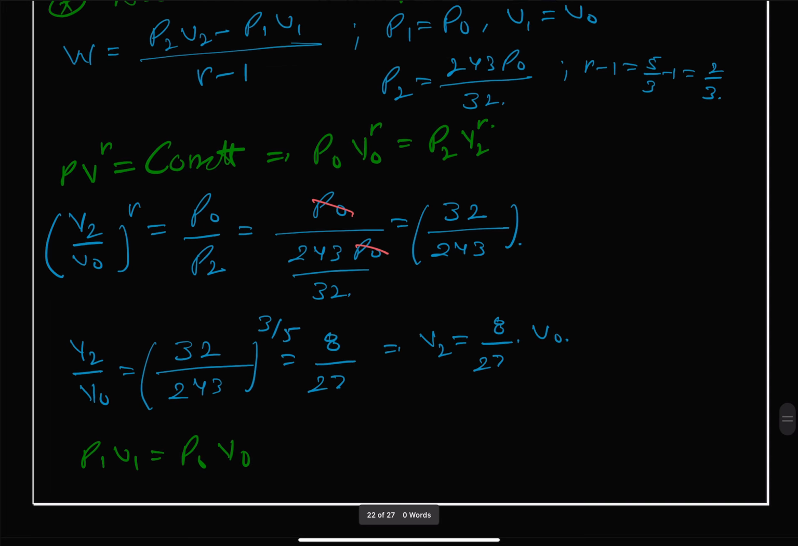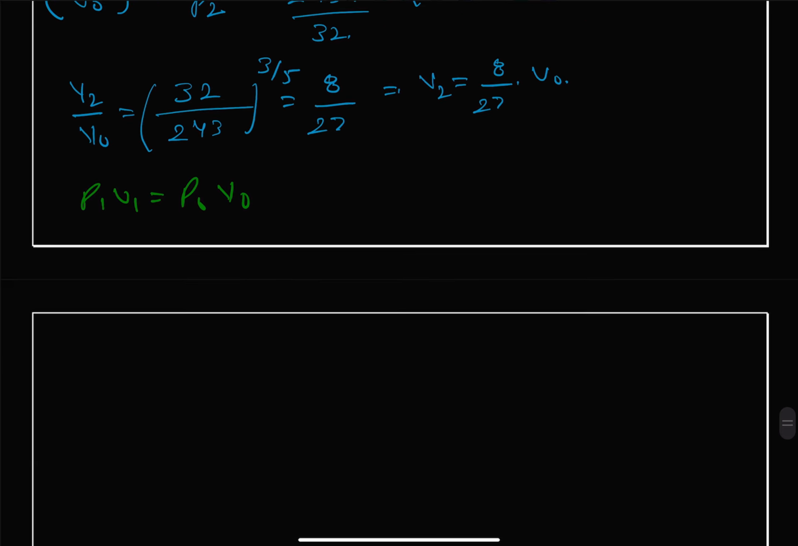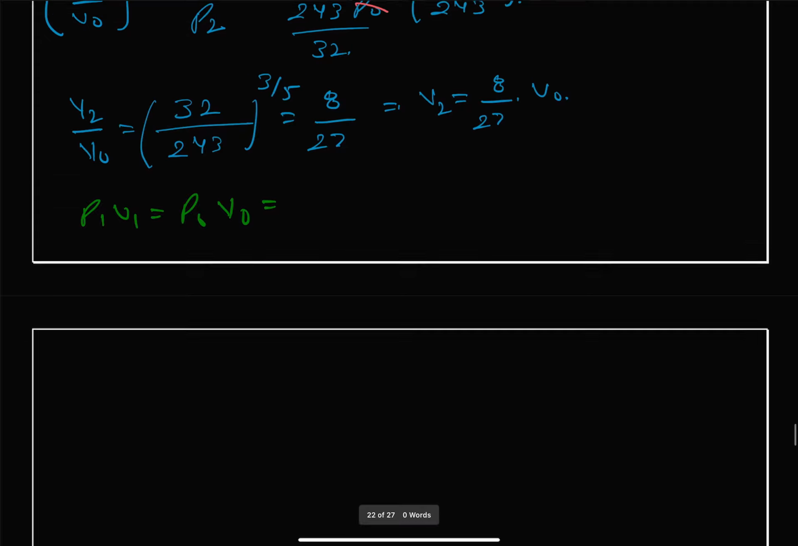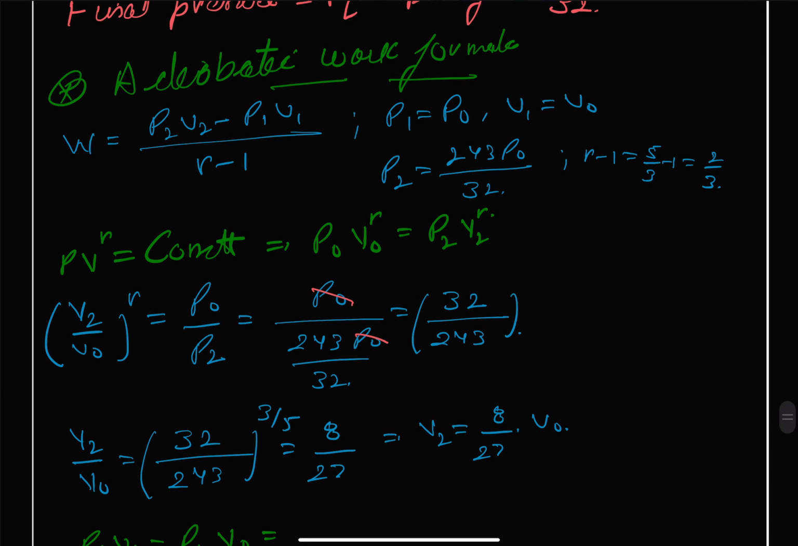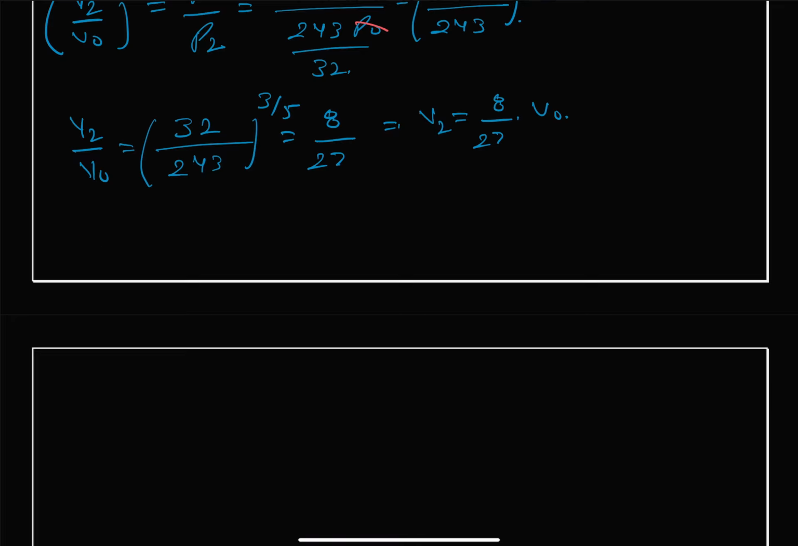P1 V1 P naught V naught, yeah, this is correct. Okay, and this P naught V naught is our P2 is this, and V naught, sorry, I get my P2 V2 is equal to 243 times P naught divided by 32, and this comes as 8 upon 27 times V naught, and this will be